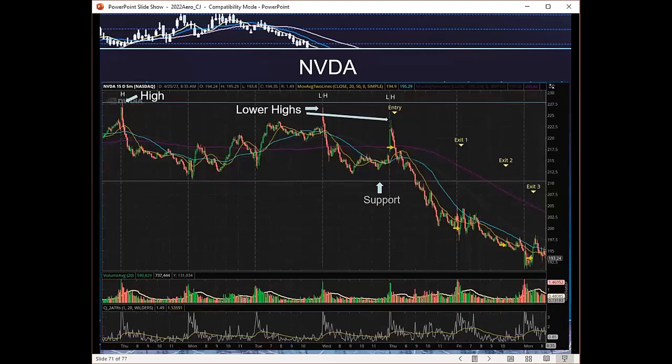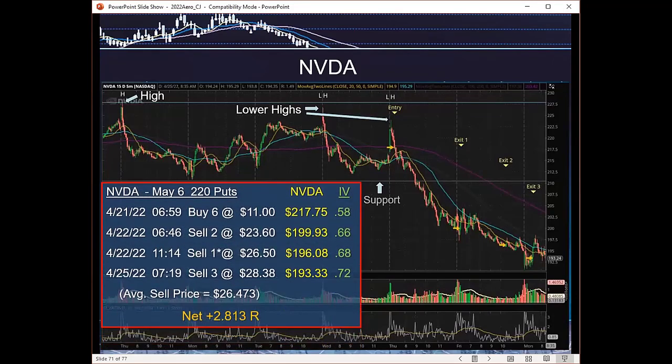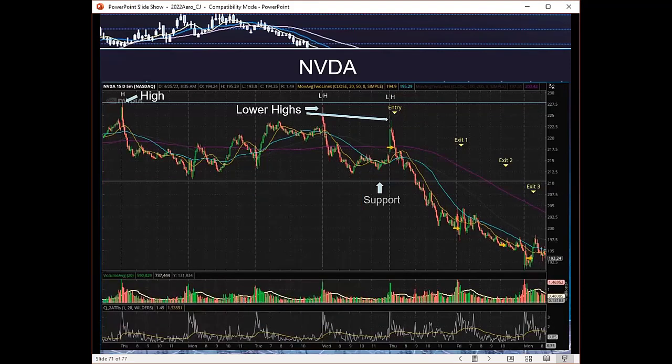The same conditions, where on the very next day we see a lower high. So we see a high back on Thursday two weeks ago, and then we saw a lower high. NVIDIA I've traded for many years, but its behavior is it tends to make a crazy move at the open, and then more times than not reverses it. So we see an opening high back here a couple weeks ago.